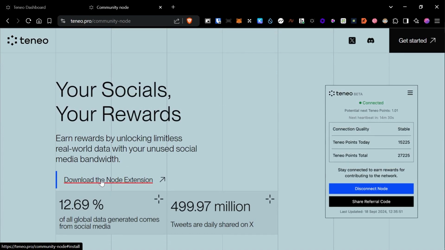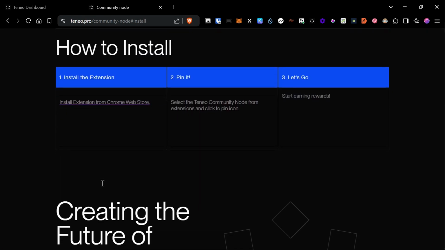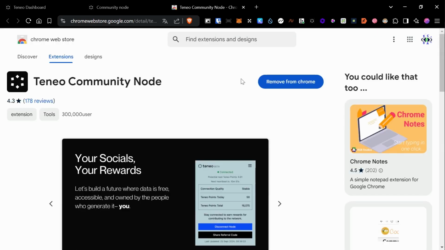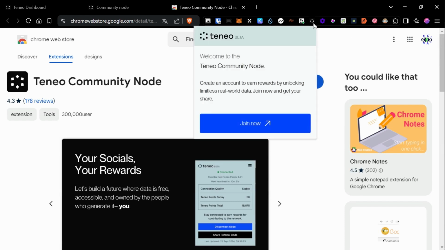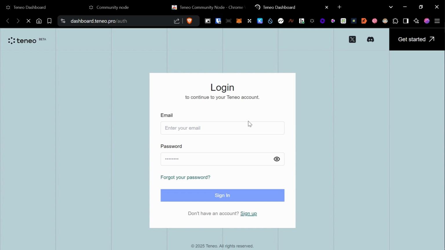So click on download the node extension. It will take you to another section, install Chrome extension. Then you already have it installed. So after you install, pin it: click on the extension icon and pin. Then you're gonna click join now. First time